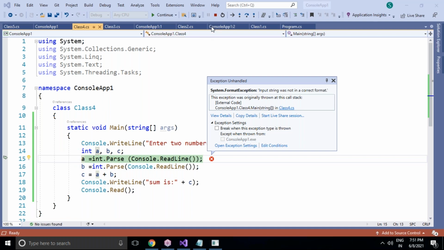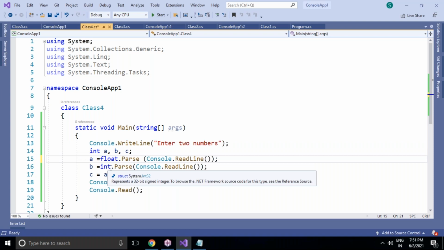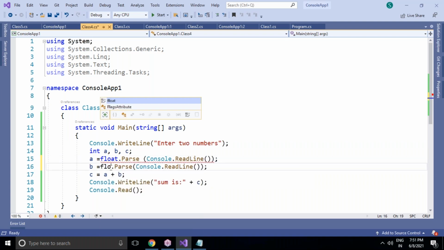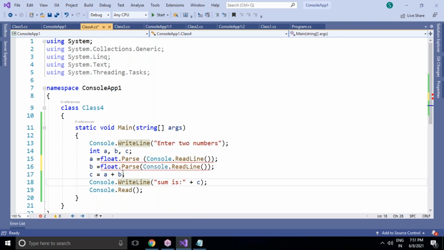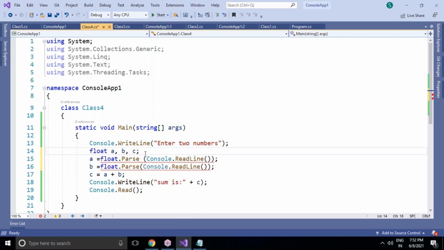It's not possible. So what do we need to do, sir? Again, I still want to convert that to float, which means, yes, we have to use float.Parse. Okay, we have to use what, sir? float.Parse. We have to use float.Parse. But even if we use float.Parse, what is happening here? Here it is declared as an integer, so I have to go for float.